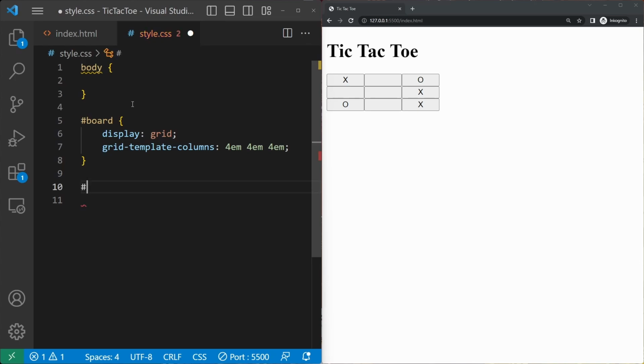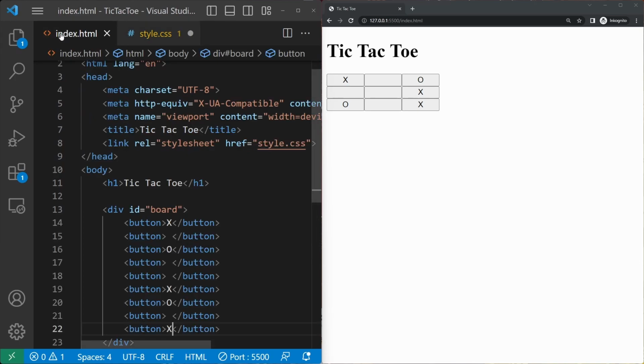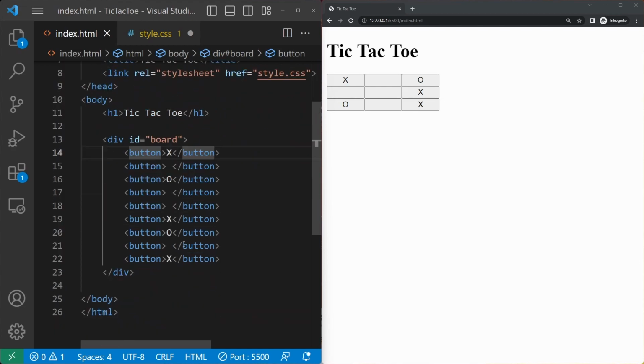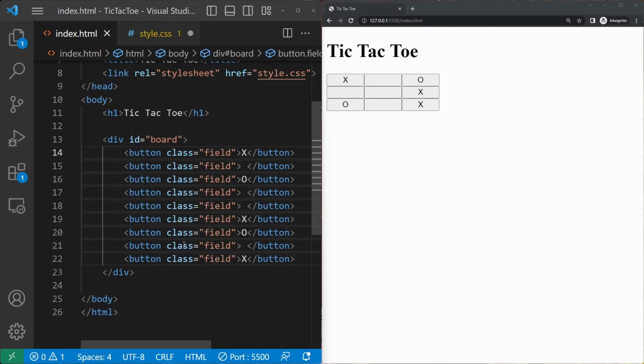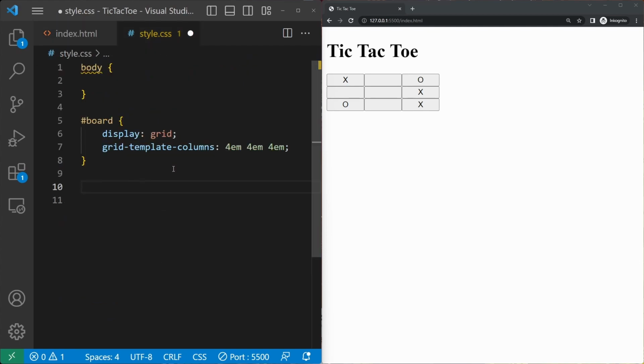And then I'm going to, you know what? I'm going to give all of these buttons here the class of field, just so I can style them. Dot field.